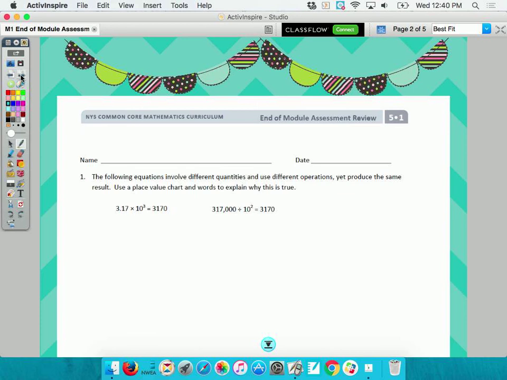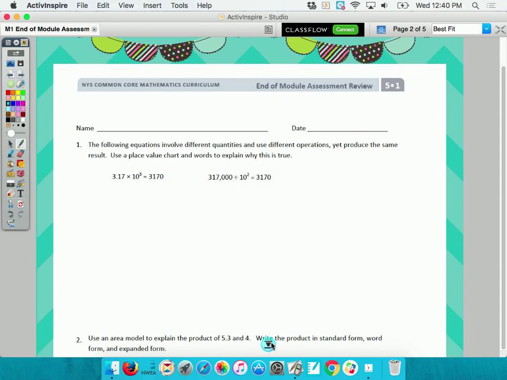Eva, can I get you to close the door, please? So let's read the first one, and then we're gonna figure out what it actually is asking, okay? I need you to focus. By the way, at all times, if you need a place value chart, you're more than welcome to get one,